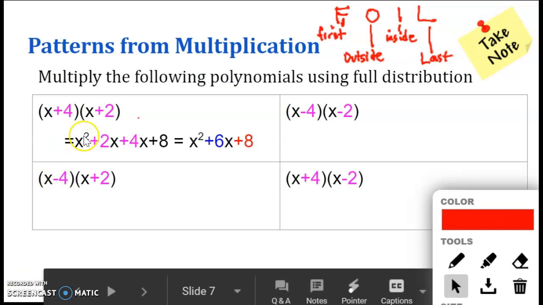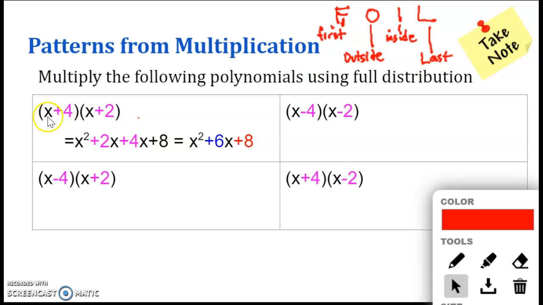x squared from the first with first. And then the outside is x times 2, which is 2x. The inside is 4 times x, which is 4x here. And then the last is 4 times 2, which is 8. And you get x squared plus 2x plus 4x plus 8, which leaves you with x squared plus 6x plus 8 after you combine like terms. If you do the same thing with the next binomial multiplication,